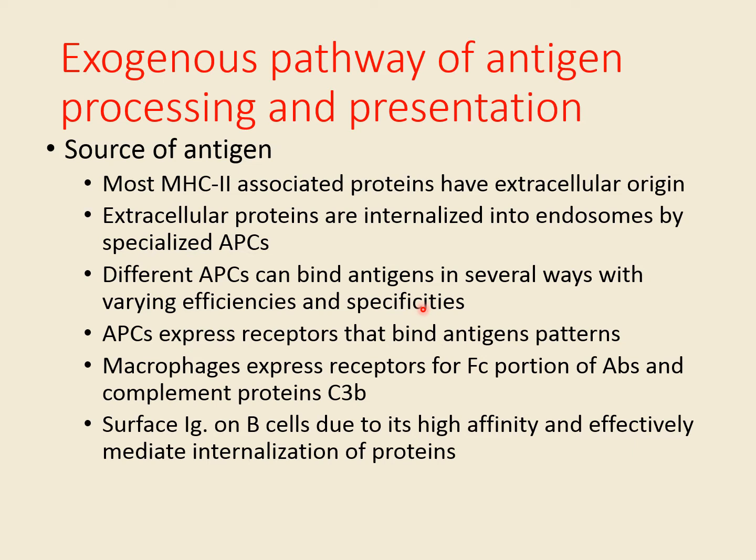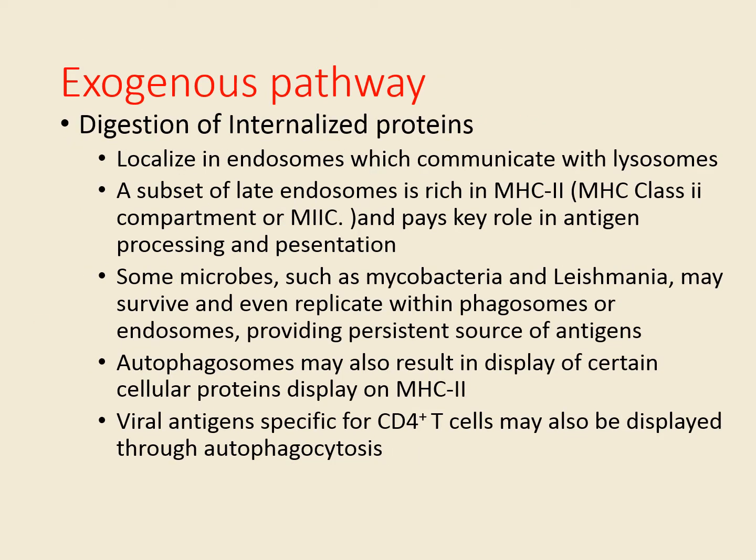Generally, antigen presenting cells have receptors that bind to antigen patterns, like the macrophages express receptors for Fc portions of antibodies and complement proteins such as C3b. So they can bind to antigens which are bound to antibodies or complement proteins. The surface immunoglobulin on B cells also has high affinity and efficacy to internalize proteins which are specific to that immunoglobulin. The first step in an exogenous pathway is the endocytosis of the protein, and the second step is